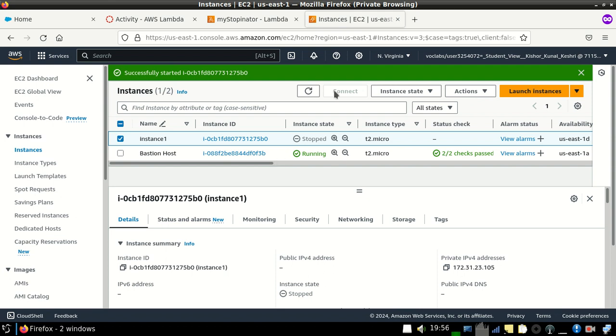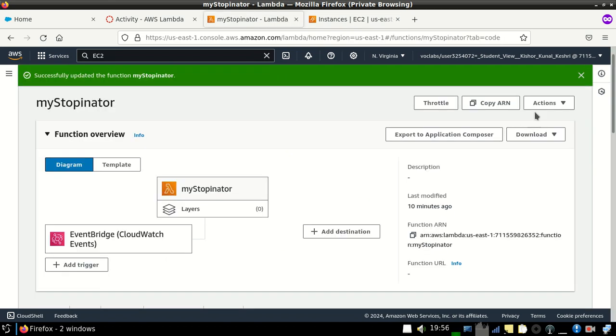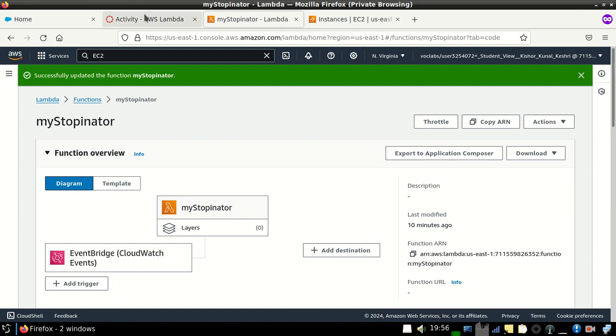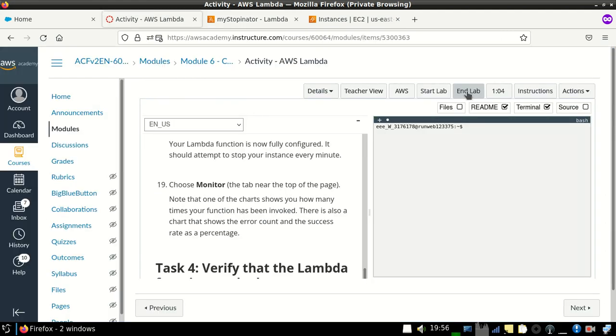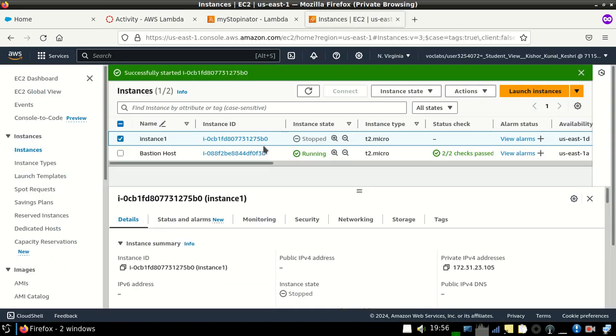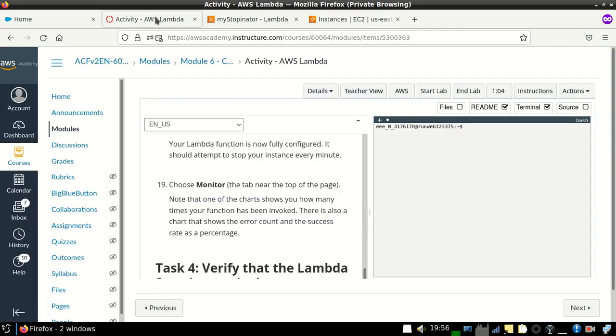This way the lab is completed, and after completing the lab you should click on end lab, which will delete all the things which we updated or resources which we used till now. It is good practice to terminate all the resources which you used for your lab. Okay, thank you.